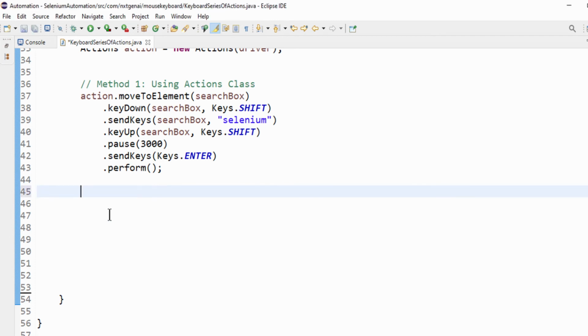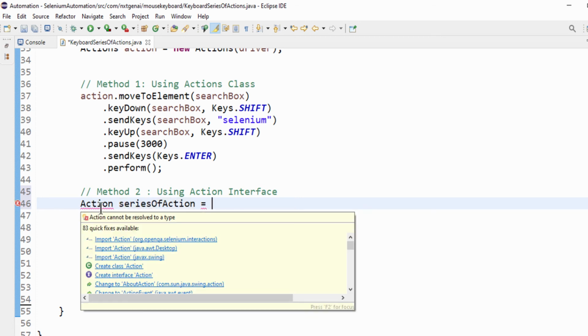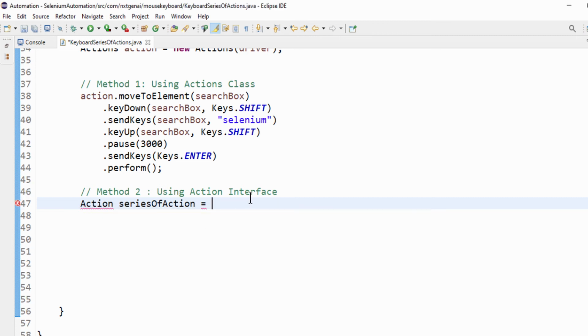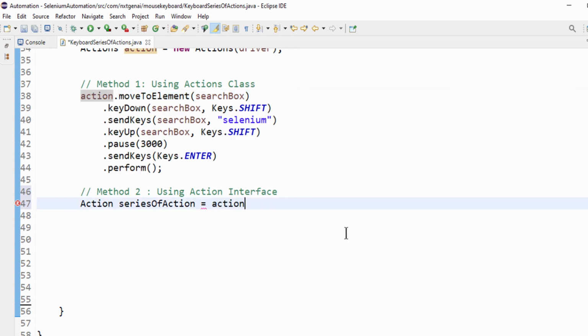And we have another way, that is by using the Action interface. For this, use the Action interface and give an object or variable name as seriesOfAction equal to, you can import Action. You can see 3 suggestions here. Go with org.openqa.selenium.interactions. Now, same as before, you have to do it again.